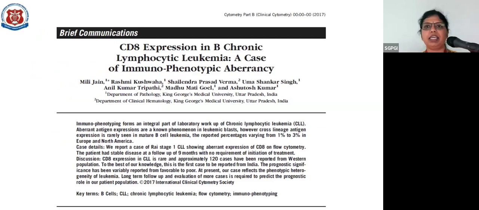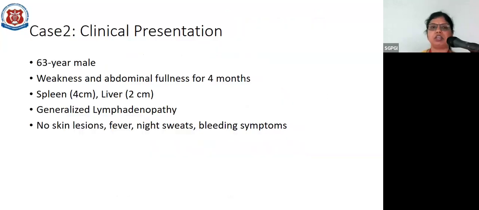So we have been lucky enough with regard to this entity of CLL expressing CD8 T cell markers. We had also witnessed a case expressing CD8 in a classical phenotype of CLL, which we had published in Clinical Cytometry. So coming to my second case, again, an elderly male, 63-year male, complaining of weakness and abdominal fullness for